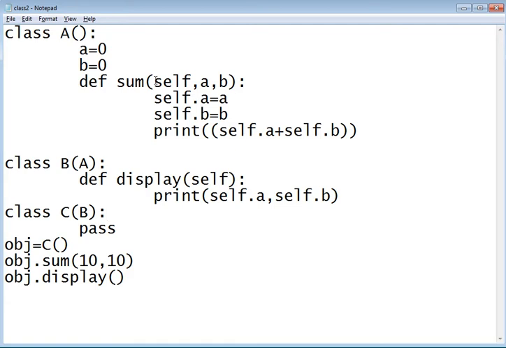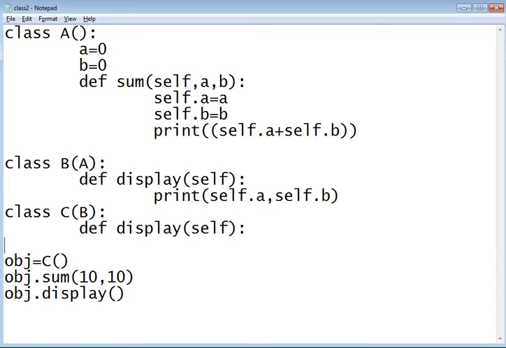So what if we provide a display function here? We define display with self, and we provide print polymorphism.